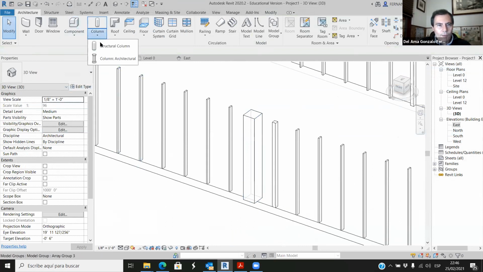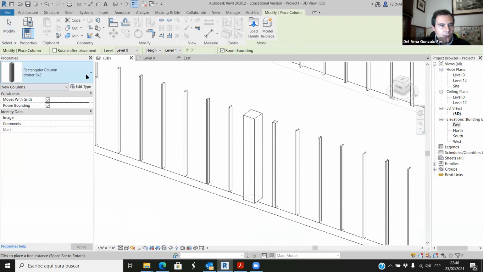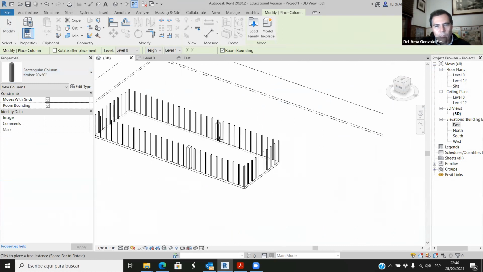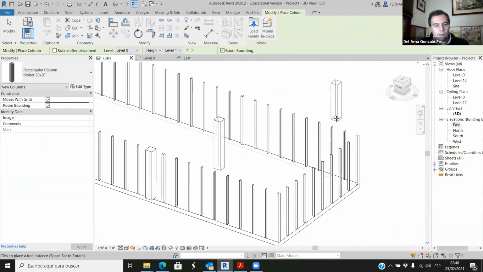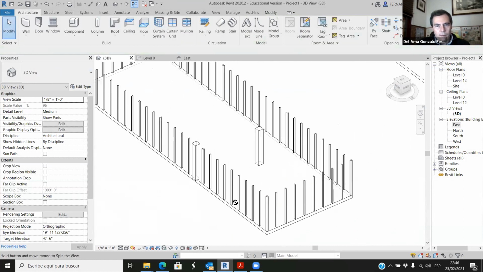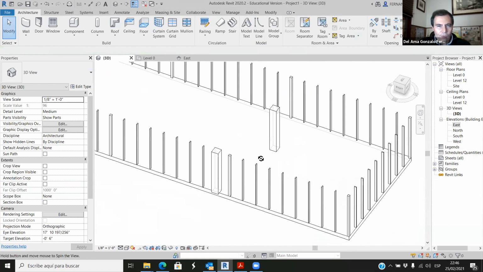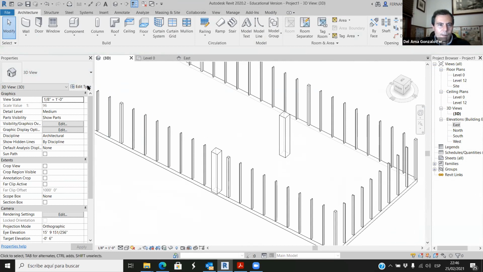But now when we are creating an architectural column, the 20 by 20 is an option. Okay, so we don't have to modify all of them. So we have a 20 by 20 and we can place it somewhere. Okay, so that's useful. You can create your own families by editing type,